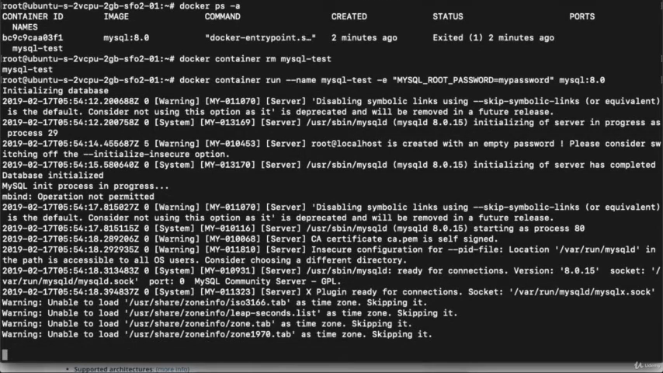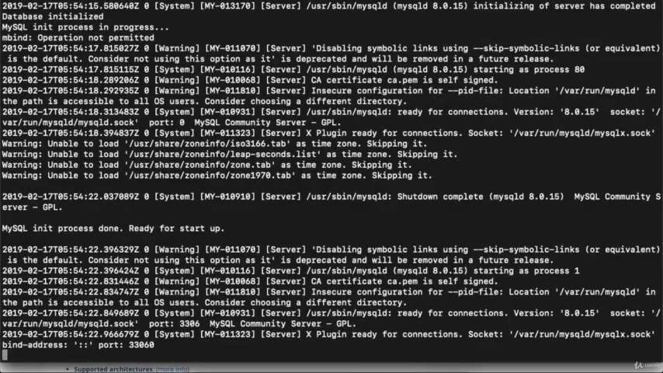Why are the logs being printed? Why is this being printed in the attach mode? Because I have not started the MySQL container in the detach mode, so it is being printed in the attach mode, right? And over here you can see: MySQL init process done, ready for start up, right? It means the MySQL container has been started and it is listening on port 3306. You can see over here, right? So this is the way you can start the MySQL container,